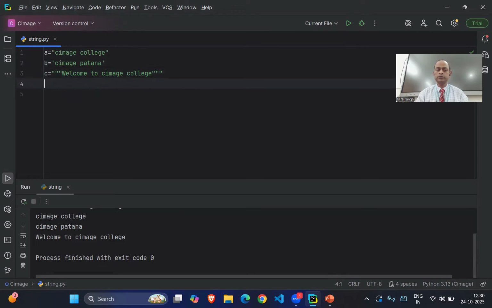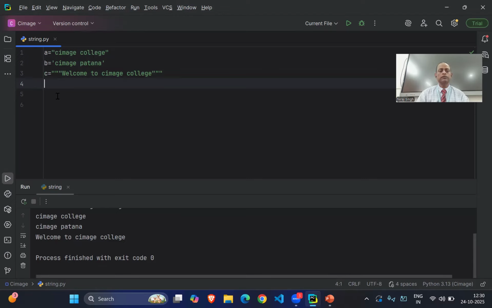First of all, just try to understand the index. If I want to display any character, like M, the very first character, how can we display it? Here, just try to understand the sequence, that is the index value, which starts from the left: 0, 1, 2, 3, 4, 5, space 6, 7, this way.